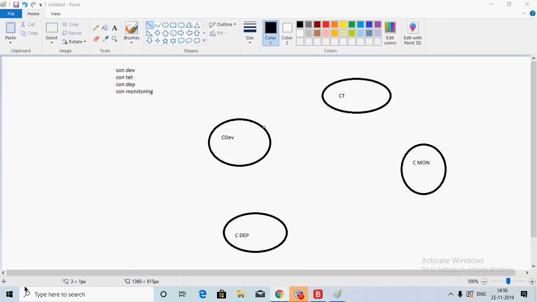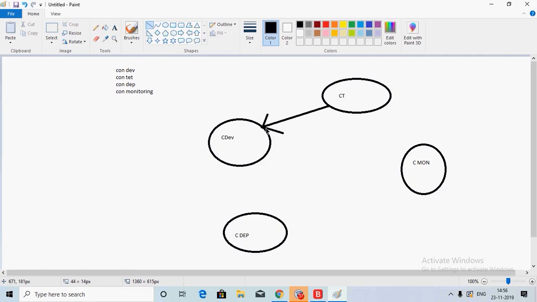In order to avoid this only, we're using this term called continuous, because we don't want our time to be wasted in the middle, and we want to have seamless development without any wastage of time.